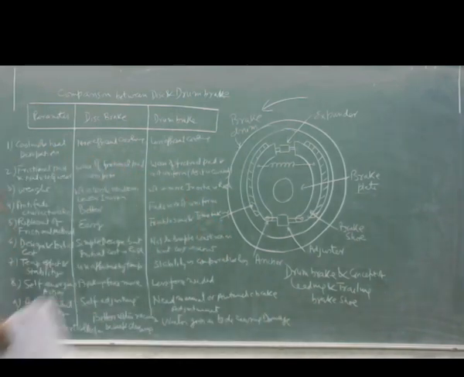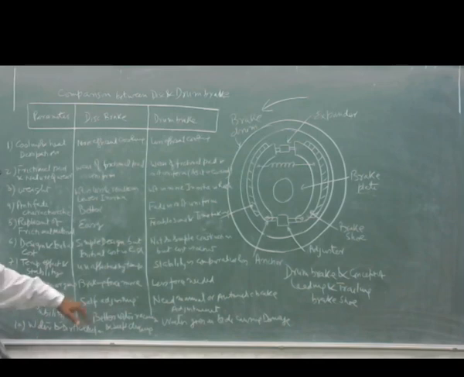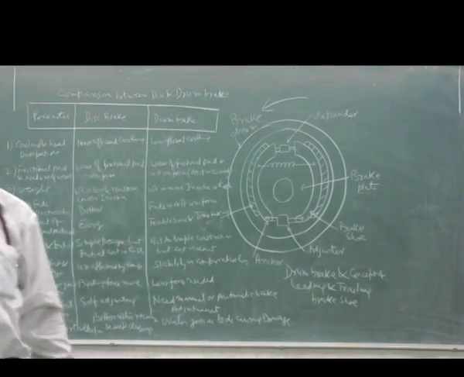So these are the various differences between the disc and drum brake. One by one I have written: cooling and heat dissipation; second, friction pad and nature of wear; third, weight; then anti-fade characteristic; fifth, replacement of the frictional material; then design and initial cost; temperature effect and stability; then self-energizing action; then adjustment ability; and last but not least, water and dirt collection. I have given you, to some extent, the detail about the difference between the disc and drum brake. That's all for today. Thank you.